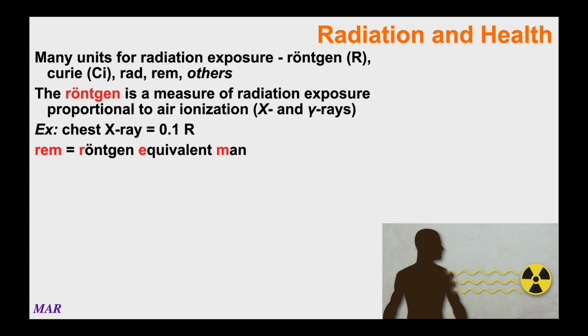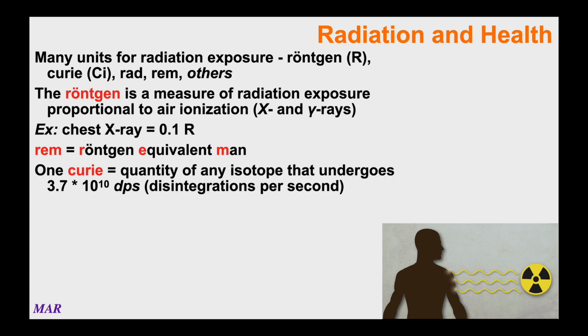REM is the Roentgen equivalent for man, for humans, all right? Anyway, REM is related to Roentgen. The Curie is the one that I've had the most experience with. One Curie is the quantity of any isotope that undergoes 3.7 times 10 to the 10th DPS. DPS stands for disintegrations per second. Sometimes it's also decompositions per second. But because one atom is disintegrating or decomposing, you would have 3.7 times 10 to the 10th atoms decomposing or